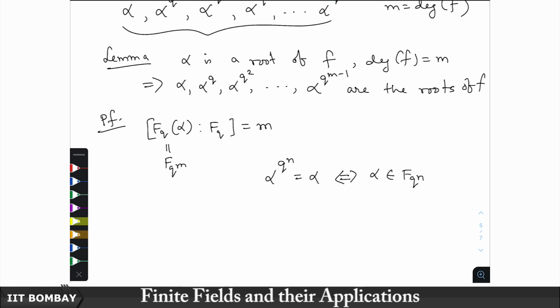This is an if and only if condition, because all the elements of F q power n are exactly the roots of x power q power n minus x. So, alpha is a root of this if and only if alpha is in this. Now, because F q power m is the smallest extension field of F q where alpha is there, it means that